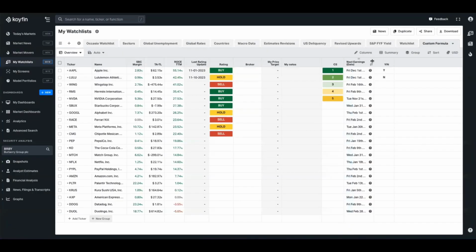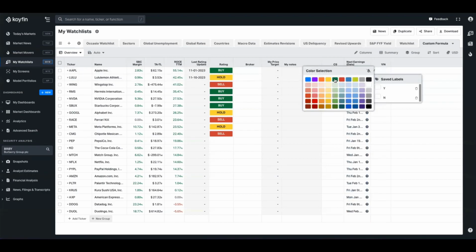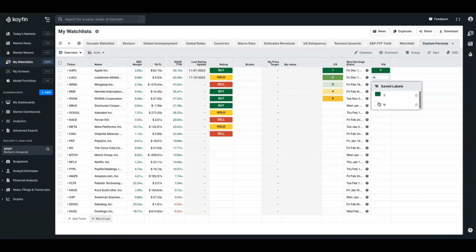So I have these companies here. It reminds me of when they're next reporting. And then it also keeps me in check as to, have I read that earnings report or not? So most of the time I like to see this column just full of yeses. Sometimes it can take me a few days to catch up on earnings, and I usually have a notes column next to it as well